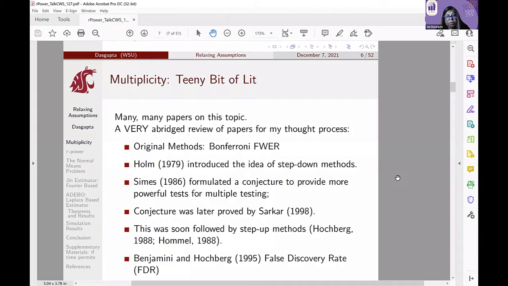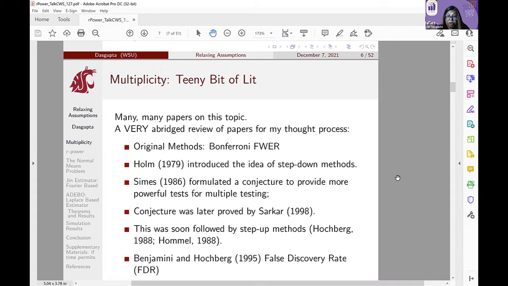So there were Holm, Sidak, then finally, Hochberg and Hommel. And then the method that has stuck quite a bit these days is the 1995 method by Benjamini and Hochberg, also called the false discovery rate. And then following false discovery rate, there are many, many more papers. Okay, and I'm not even going to talk about that,